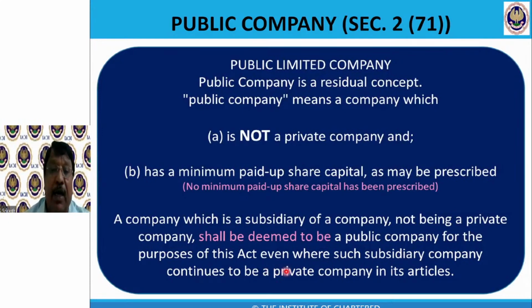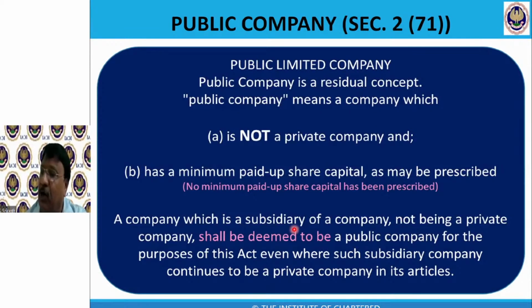Even though it continues to be a private company in its articles, still, for the purpose of application of the law, it will not enjoy the exemptions available to a private company. Because tomorrow it may cease to be a subsidiary, at which time, again, it cannot change its name and all. As far as the application of the law is concerned, to a subsidiary of a public company, the private company status will be denied. The exemptions will not be available. The law will apply to it as if it is a public company. That is why they say shall be deemed to be. So it will continue to have private limited, etc., but it will be deemed to be a public company. It will be treated as if it is a